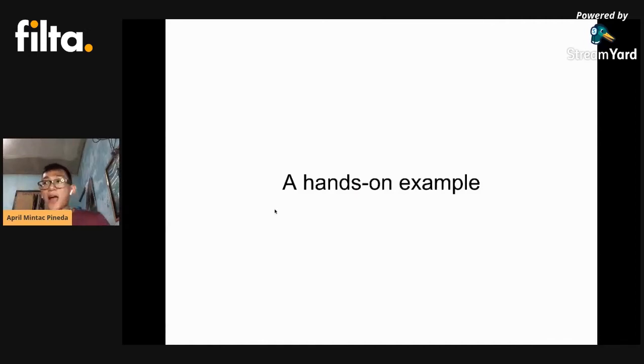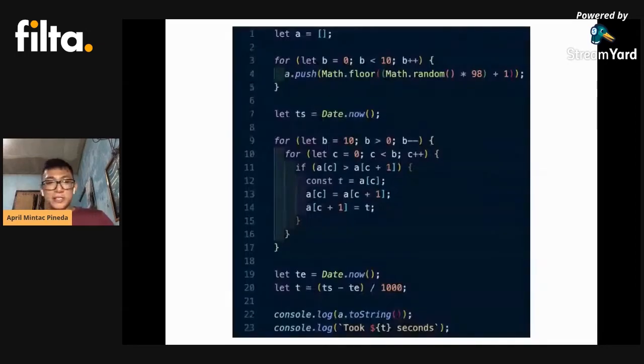So let's go on some hands-on examples that I have prepared for you guys. I've tried to write this code as badly as I possibly can, but unfortunately, once you have developed the habit of writing clean code, it will be hard for you to write ugly code because your brain is just automatically doing it for you. It became a habit that you don't need to even think about. So I tried to write this in the most ugly way that I can think of, and this is the ugliest that I could think of.